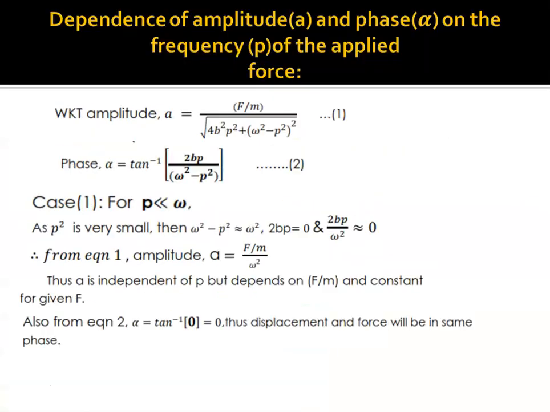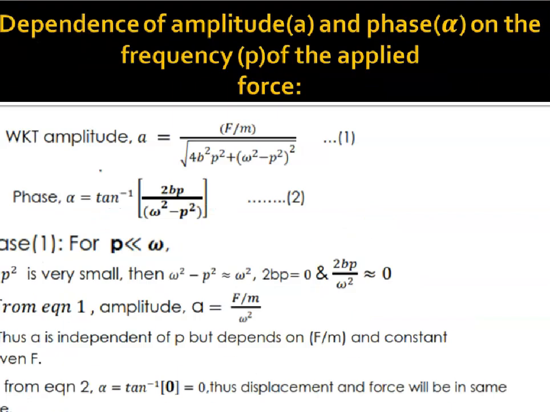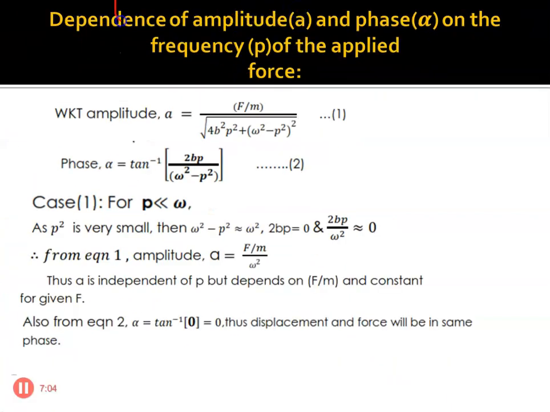So as per the concept, what are the conditions for resonance? One is that the resistive force must be 0. The first condition is that the resistive force is 0. Then the applied frequency matches the natural frequency of the system. So the applied frequency must be equal to the natural frequency of the system. When we look at the amplitude equation, see here, the denominator part: the amplitude will be maximum when the denominator part becomes 0. The amplitude will be maximum when the denominator literally becomes 0.